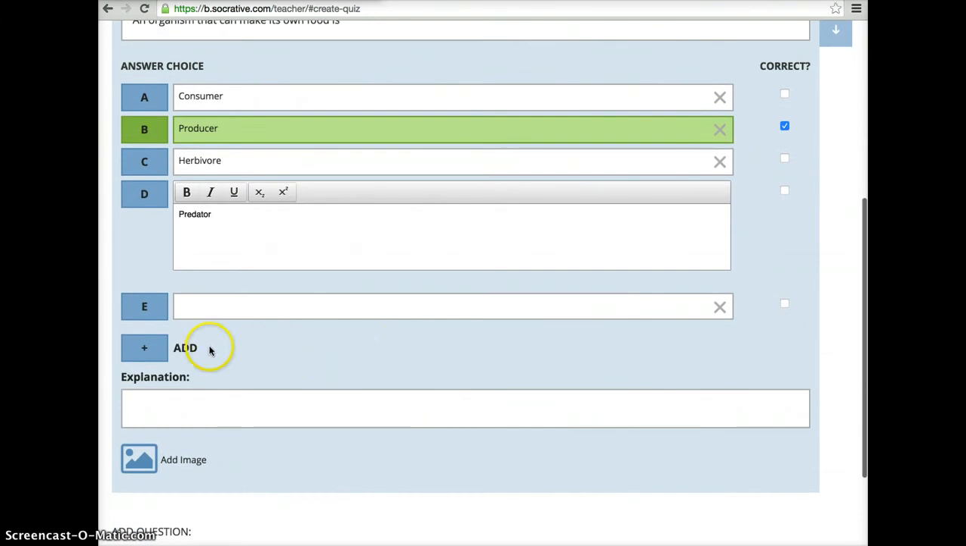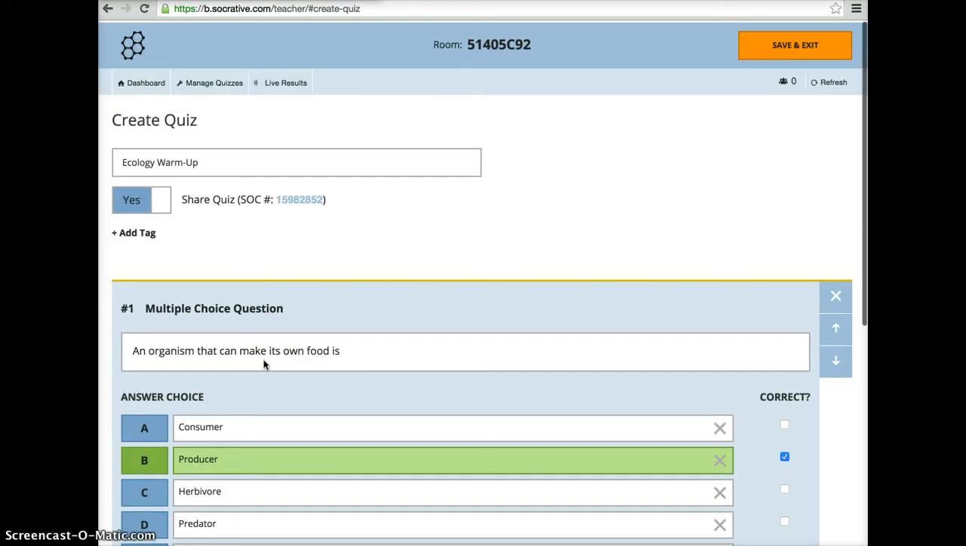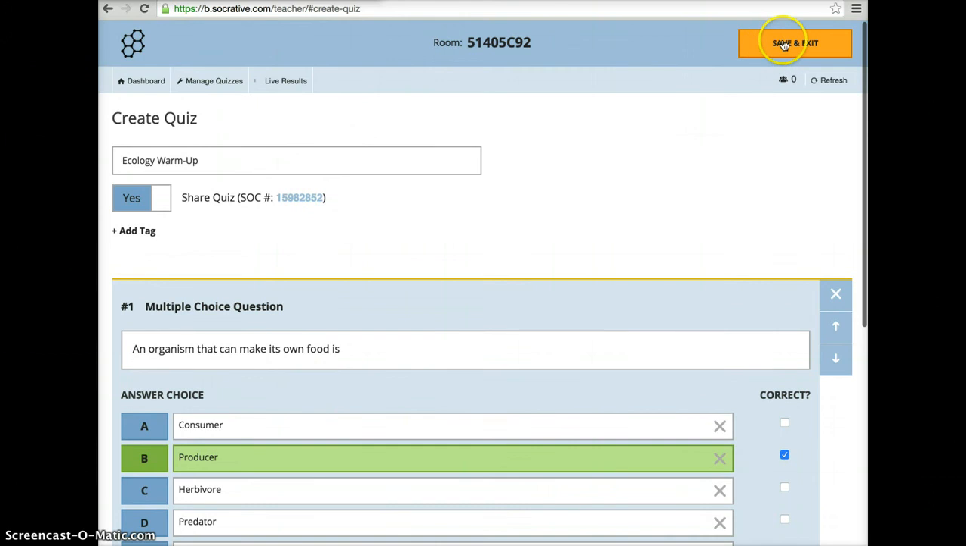Now, if I want to, I can add an explanation for the kids to see as they look at the answers. I like to do that a lot with short response questions. The other feature that's really cool, and I've done this a lot with the ecology unit, is you can add an image if you want for the kids to look at, and all you have to do is scan it in, and you just drop the image in and you're set. Now from there, I'm going to save and exit,